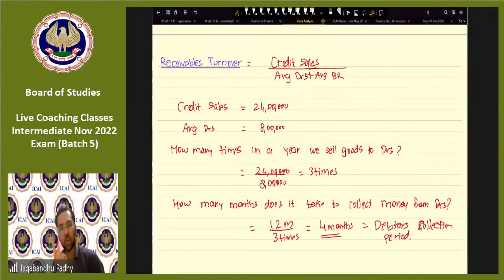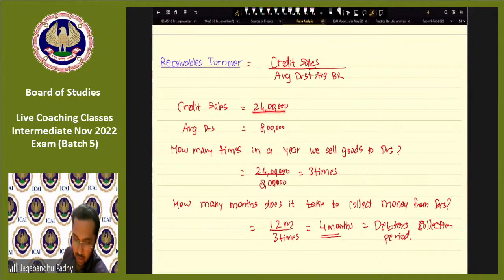Would you like to sell only 2 times in a year to your customer, or would you like to sell again and again? Would you like to sell 3 times in a year? Higher the better, guys, because